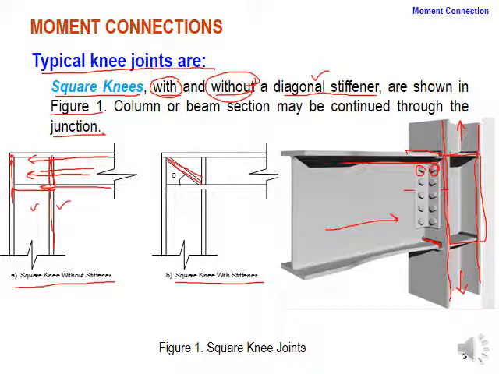And what about these inner parts? These inner parts are the plates, the stiffener plates. Okay, so it is welded, discontinued. And then with the same design or a different one, these plates are going to be provided just to complete your connection part. Okay, and what about the flange of the column? The flanges of the column, both, and even the web are continued. Okay, so there is no discontinuation for the flanges, both flanges of the column, and for the web. So this is the figure in which the beam is continued towards the knee connection and the column is discontinued, and this figure is in which the beam is discontinued and the column is continued through the connection.